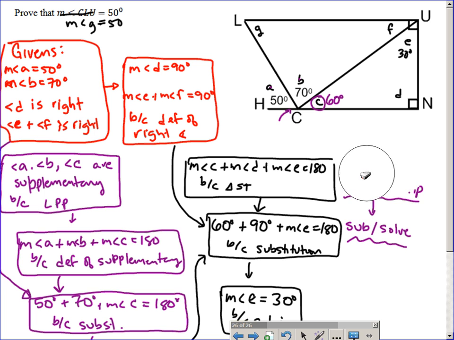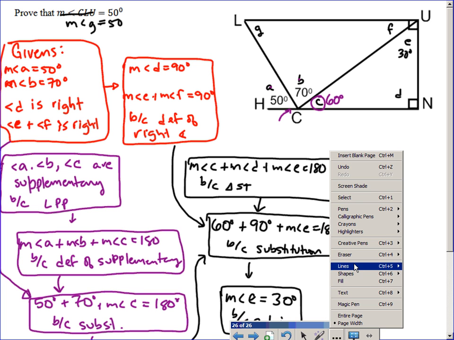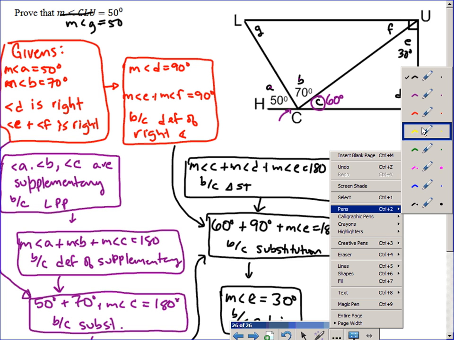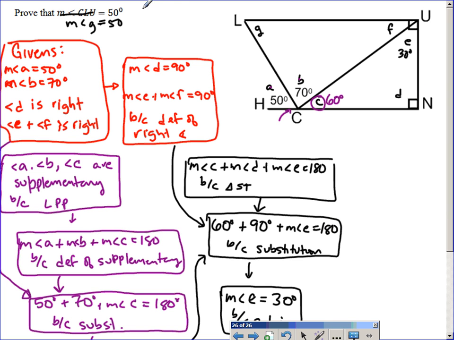I know I just erased it, but I like that so much I need to rewrite it right away before I forget. So that's going to be first a structure, then a relationship, and then sub slash solve. Okay, so we need to figure out how to first identify a structure, then a relationship, and then a sub